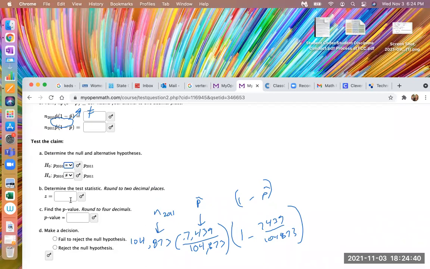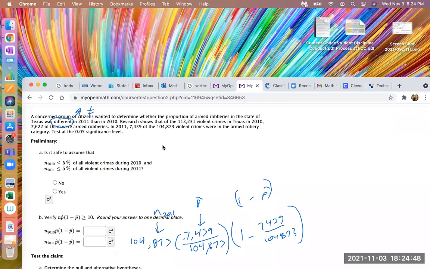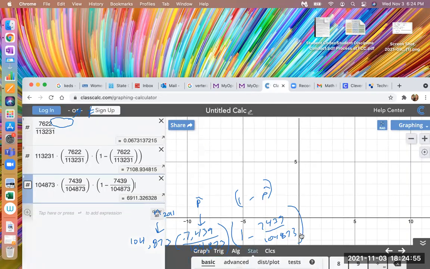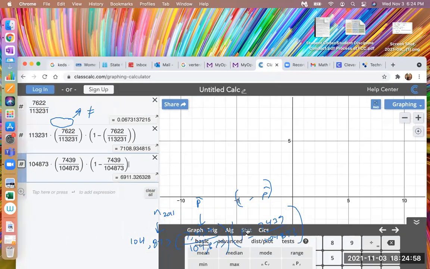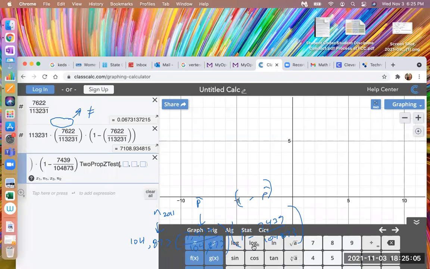So now I just put all my information into my calculator and get my p-value. So this is a proportion test. It's a 2-sample proportion test. So I go to stat, tests, and then I go to 2-PropZTest. Oh, and I'm going to delete all this other information that I had in here before that. I should just X out of that. It tells me it wants the X1, N1.